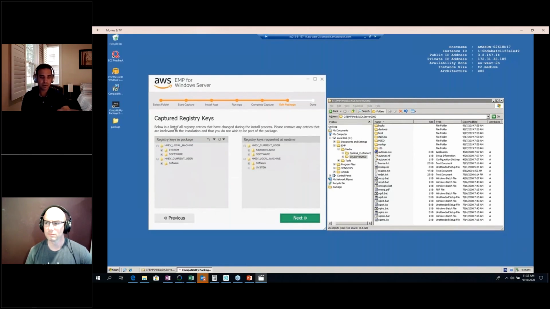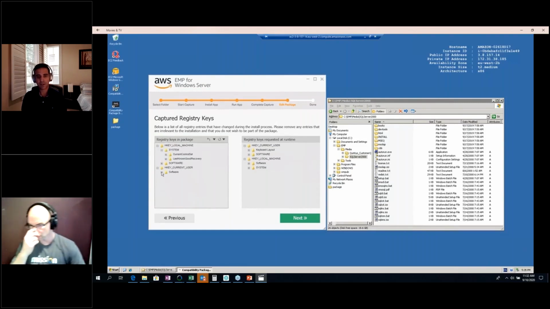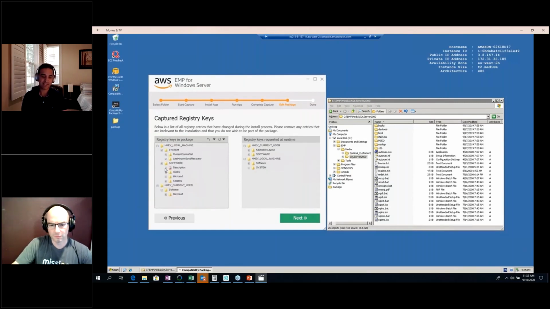Here we are capturing reg keys, so any reg keys that were in the package during install, and then reg keys that were requested by the package during runtime, right? So we've got those two, similar to the files that we captured, and then we can determine if there are any reg keys that we need to exclude and just finalize the package, right?